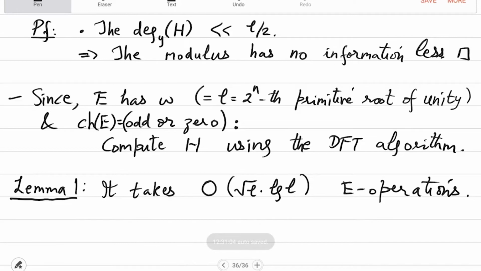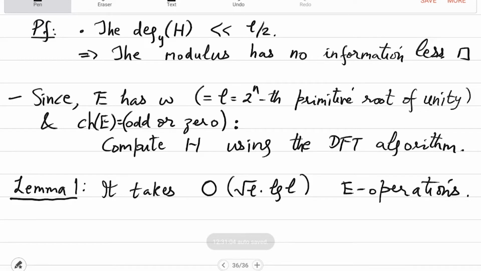At this point you already have a great improvement over the L square algorithm for integral polynomial multiplication. If you want to multiply two integral polynomials on a computer, this is a true algorithm that will truly take L to the 1.5 times log L. So at most it is L to the 1.51, which is much smaller than L square. But we'll not stop here. We'll actually improve this. Let us bring it down to R operations now.